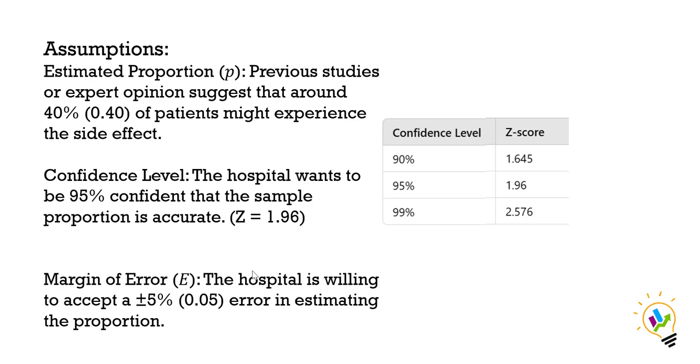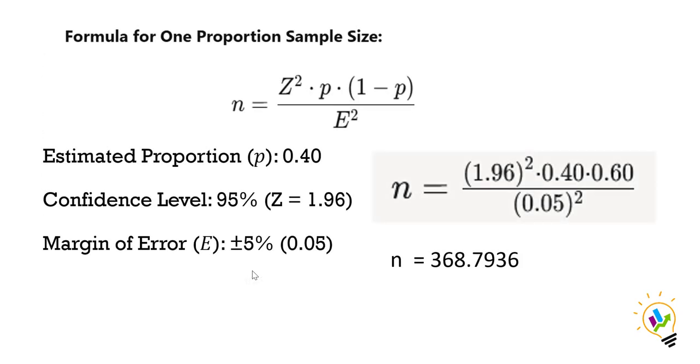Margin of error. The hospital is willing to accept plus or minus 5% error in estimating the proportion. So plus or minus 5% comes to 0.05 as the margin of error. Now if we substitute these values into the formula, that is p is equal to 0.40, confidence level 95%, z score is equal to 1.96, margin of error 0.05, we will get n is equal to